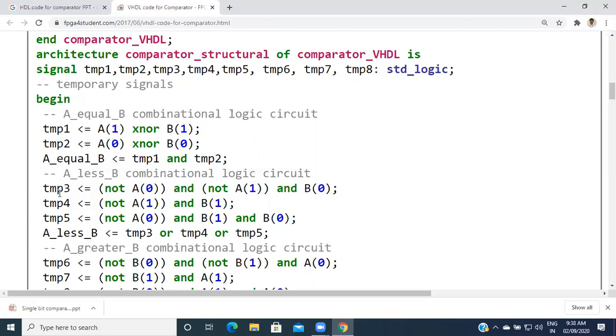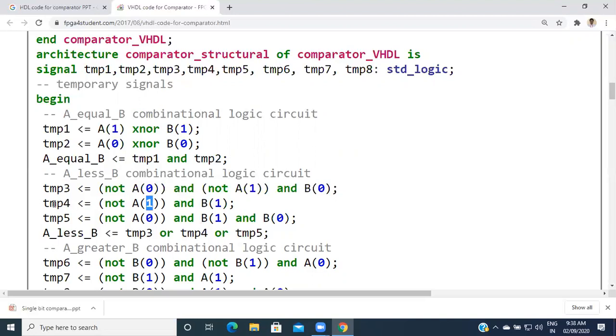In that way we are defining A is less than B. A is less than B means A is 0 and B must be higher, that is, B is 1. Because these are 1-bit signals, if A is 0, not A is 1, and B is 1.